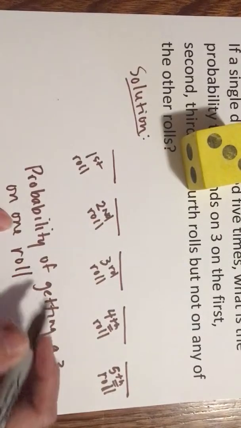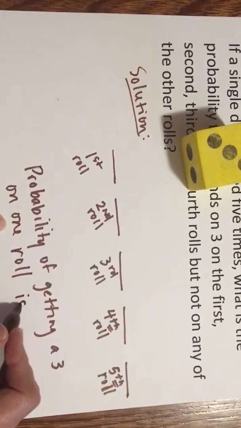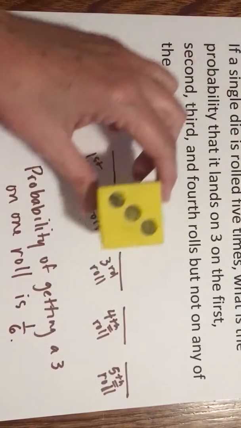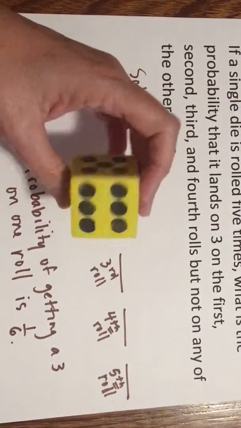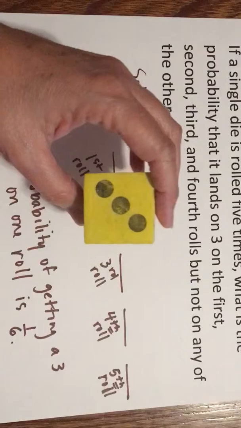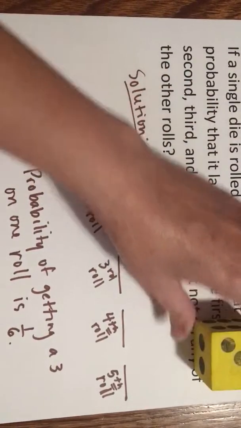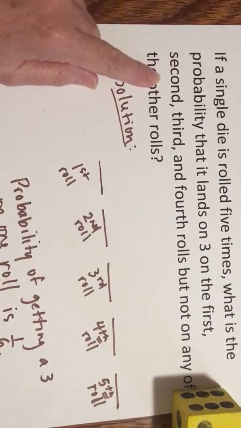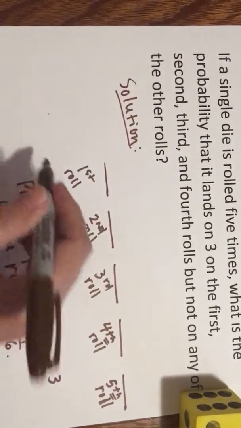Now, I'm not necessarily talking about the first roll right there, but the probability of getting a 3 is 1 over 6, because there's 1 three, but there are 6 different ways the die can land. So, since we want to know the probability of 3 on the first, second, third, and fourth rolls,